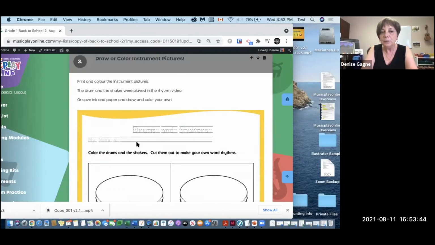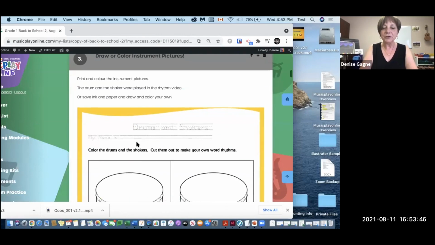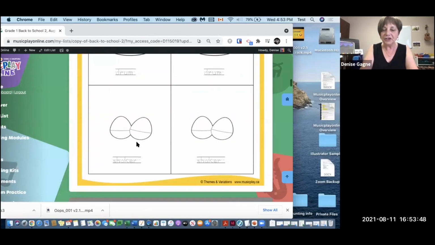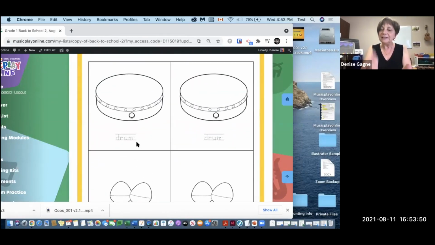So the next activity was to draw and color instrument pictures of the drum and the shakers. And the idea with this is kids cut them out and they make their own patterns. My pattern had a drum and a drum and a shaker and a shaker. The kids might go drum, shaker, drum, shaker. If you put 2 kids together and they have 8 cards, I might go drum, shaker, shaker, drum, shaker, shaker,